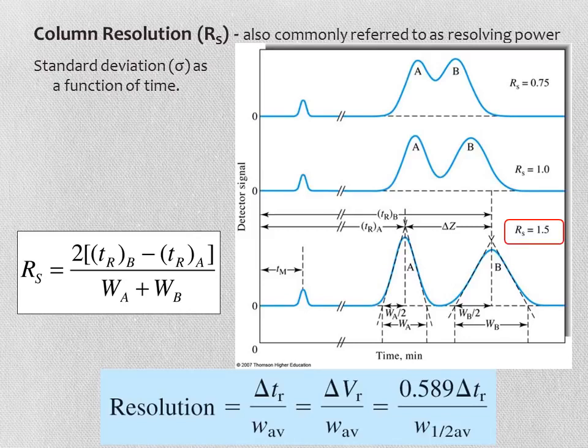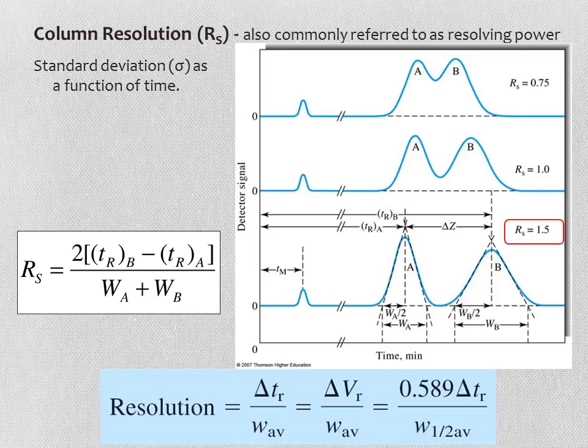And on the left side here, we have a simple equation where we're comparing the retention times of component A and B, the peaks we're trying to get the resolution between. And so we say, hey, 2 times the difference in time divided by the total time is going to be our resolution. Well, if instead of having the 2 on the top, we divided everything by 2, what that would